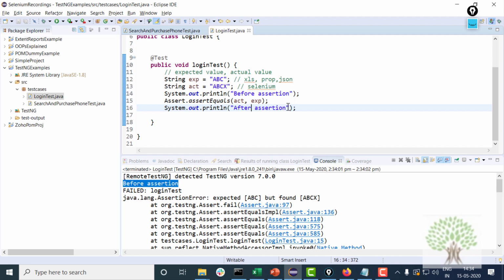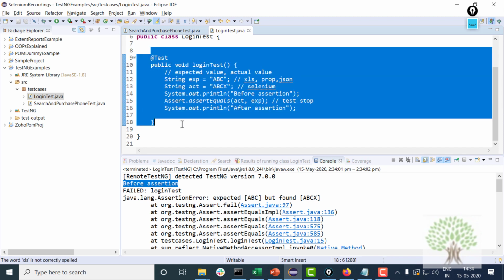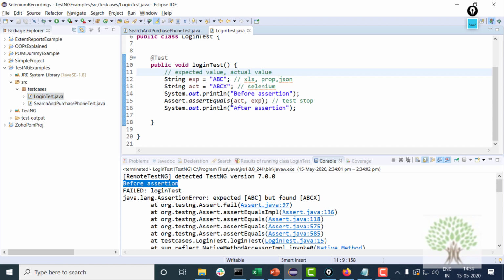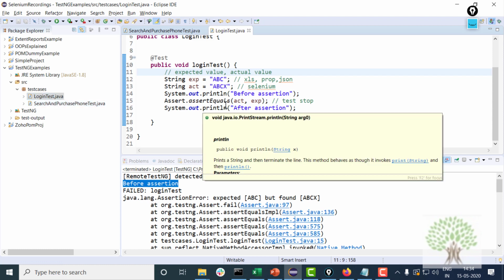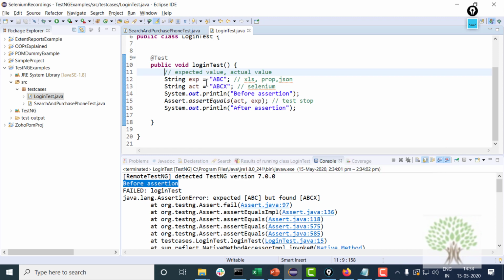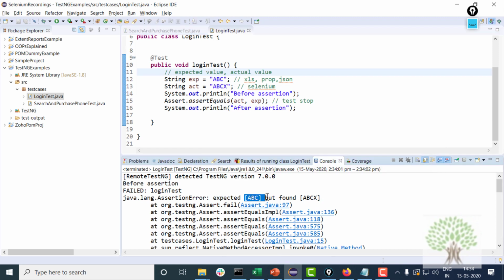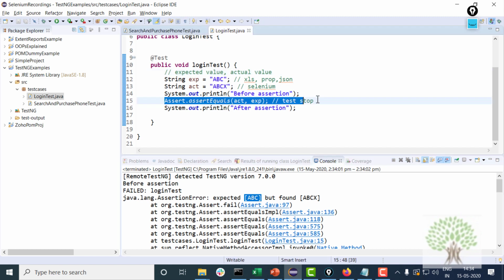The reason for that is if the assertion fails, then the test will stop on this line. The next test case will start executing. If you have multiple test cases in this file, the next test case will start executing. Fine. Or if you are running different Java files together, which we'll look at later on, the next test case will start. Okay, so this is the problem with this kind of assertion.